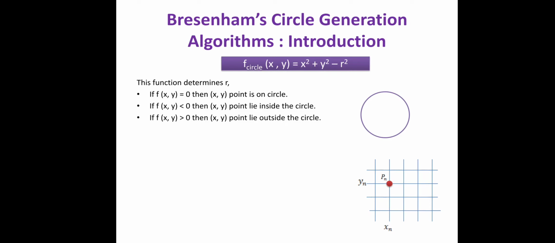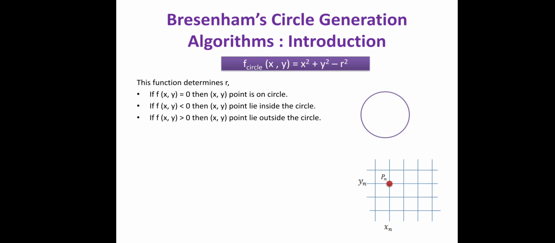And the next thing, if this function is giving a value greater than 0, that means your point lies outside of that circle. So, this is the thing we have to find out. First of all, what will we do? First we will find out the coordinates of that particular point and then we will check whether that point is satisfying the equation of the circle or not.